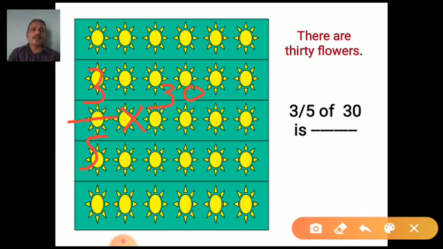How to find the answer? Very easily. You can cut this number. 5 ones are 5, 5 sixes are 30, or you can write 6 into 5 in place of 30. Now this 5 cut, this 5 cut. What is remaining now on the numerator side? Actually here we have to write 1. Okay, so on the numerator side 6 into 3. 6 threes are 18. So 18 is the answer, isn't it?